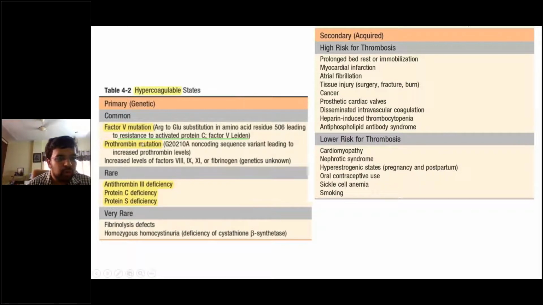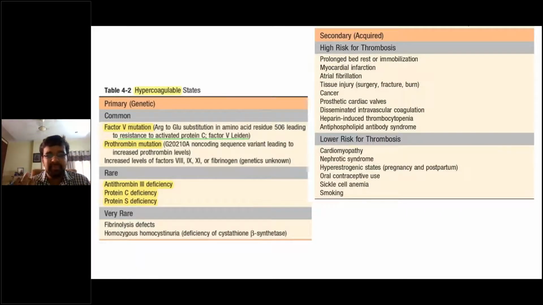Other genetic causes would be prothrombin mutation. Of course, the protein C and protein S deficiency. Protein C, protein S, both are anticoagulants. Okay. The secondary causes are acquired causes, and this is more important. And these include prolonged bed rest and immobilization. So basically, what happens is